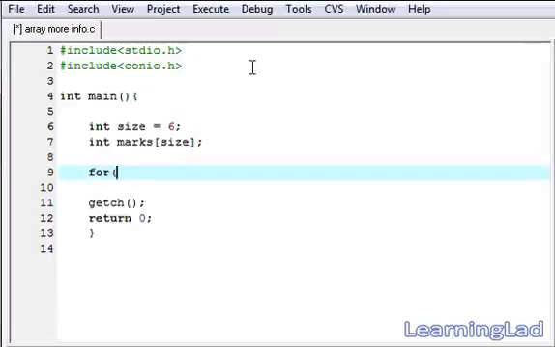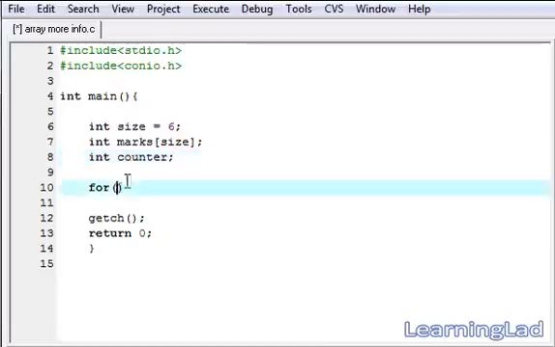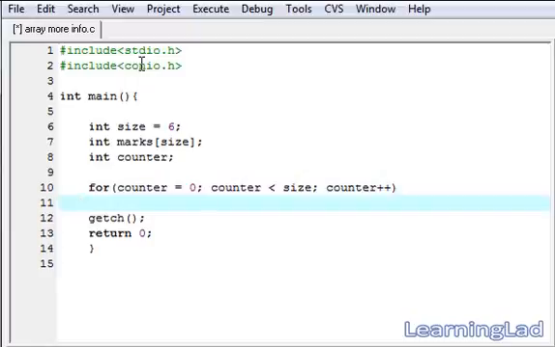So we're gonna write for. Before that, we need a variable called counter. It's gonna be int counter, and here for the counter equal to 0, we're initializing this counter. Then counter is less than the size of the array. It's gonna be size, then this counter plus plus. Then within this for loop,